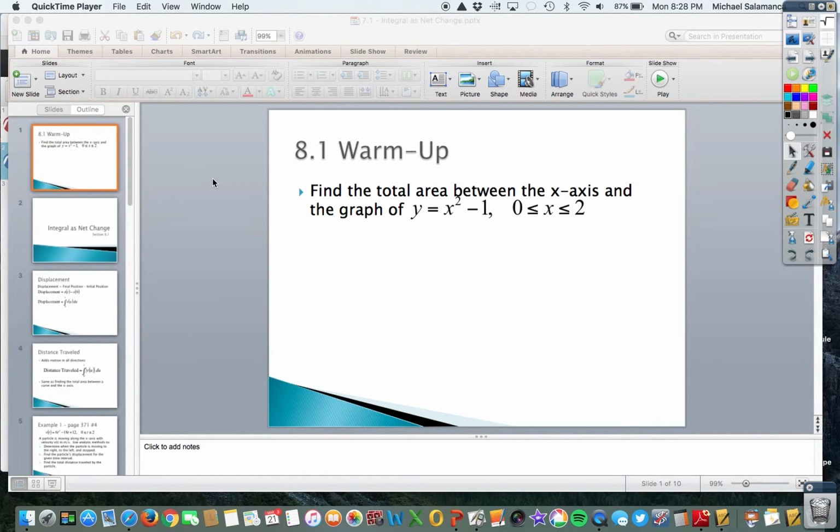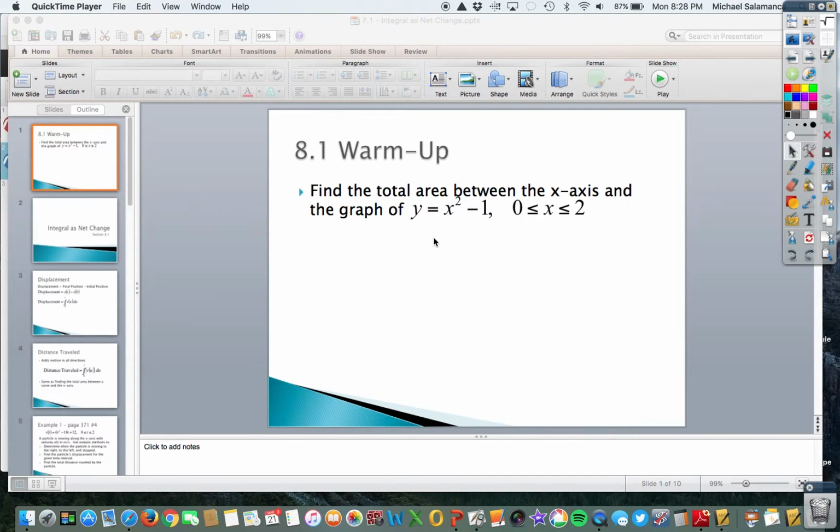Hello students, in today's video we're going to work on integral as net change. So we're going to practice applying our integrals, definite integrals, to application problems. So let's get started. So find the total area between the x-axis and the graph of y equals x squared